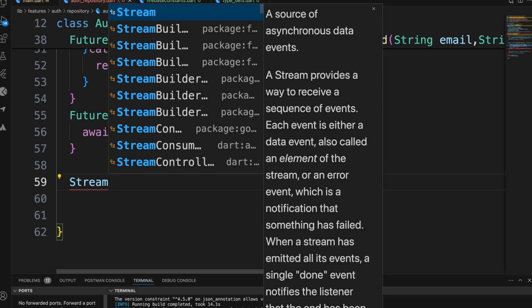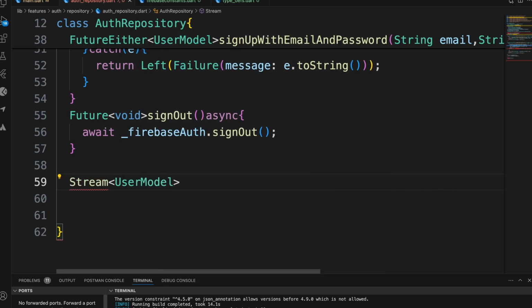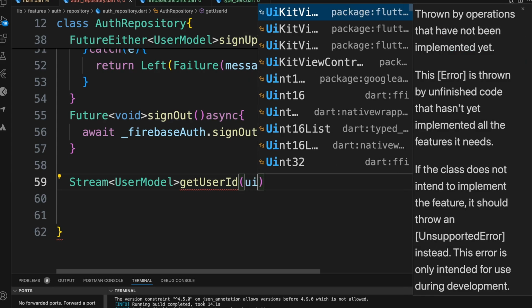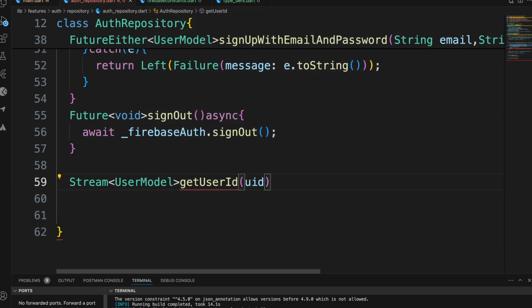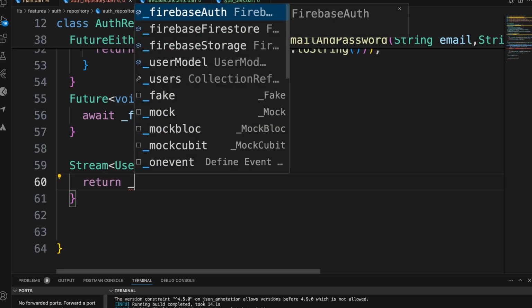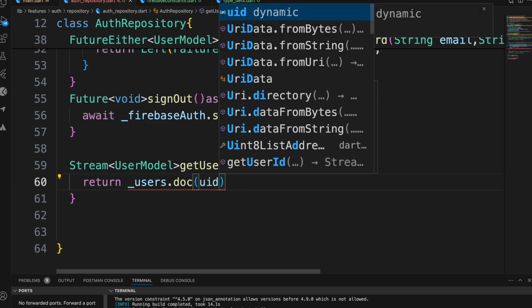A stream which is going to be of type user model, and then get user ID. Since in the users collection each document is the user's UID, we need to pass in the UID, right? And then what we'll do is we just return users dot document, right? The document, and then UID,